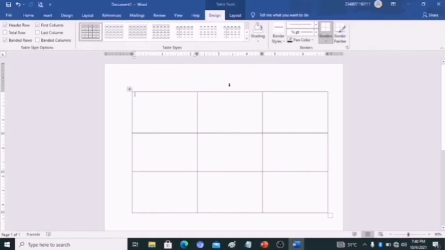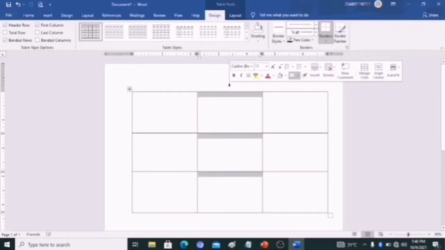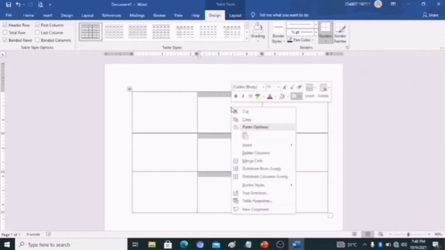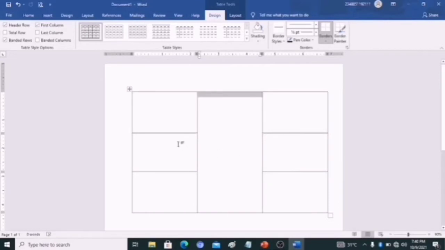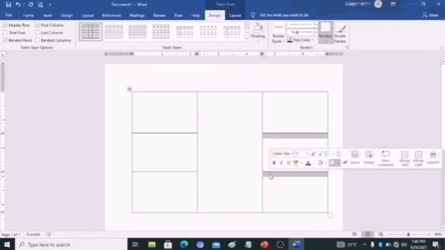Yes, I will click on the middle when the thick black arrow appears. When I click, I will right click on it and click merge table. You see that the table has been merged. Then I will go to the right hand side. I want to merge the other 2